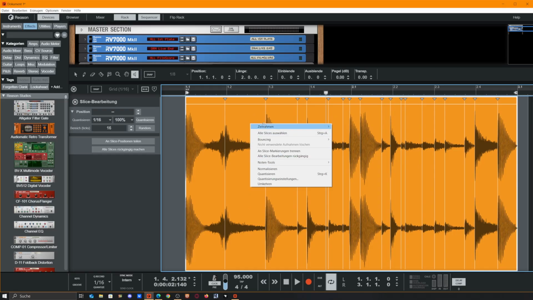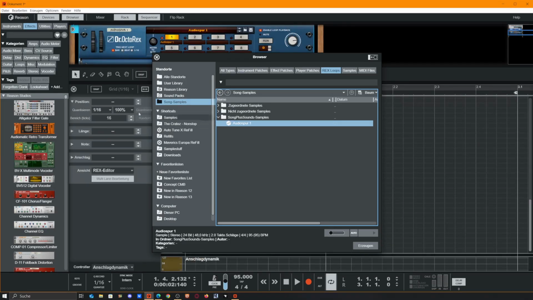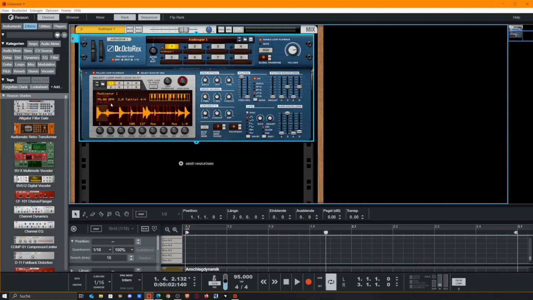I won't do this any further, but what we could do now, if we click the right mouse button, this drop-down menu opens and we go to bounce. Either we could go bounce in place, so we just have the sample in a new sample. We could bounce this onto our hard drive, so if we need the audio elsewhere, and we could bounce this into a Rex loop or even a MIDI. We will go Rex loop for that, and if we import that, we already have a keyboard playable